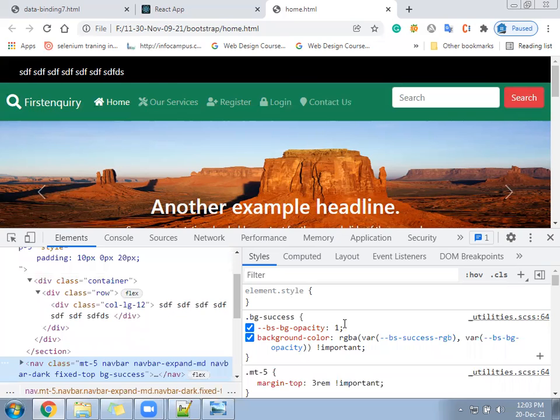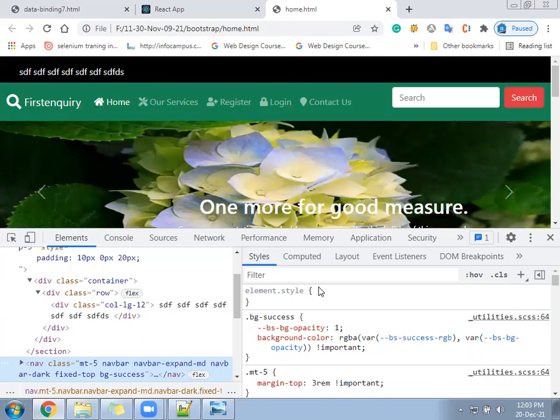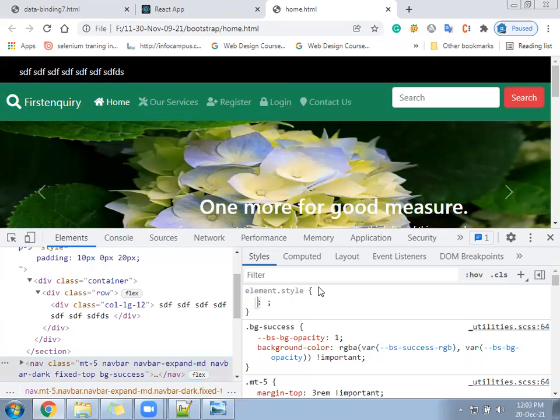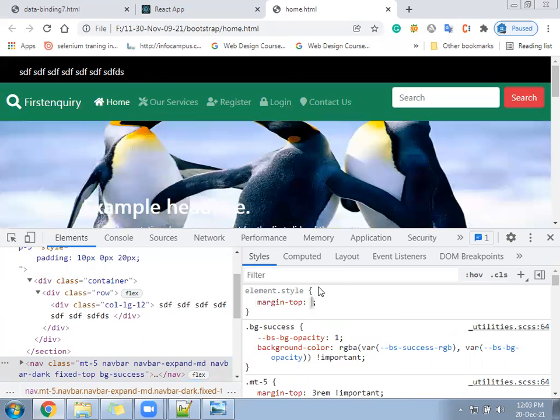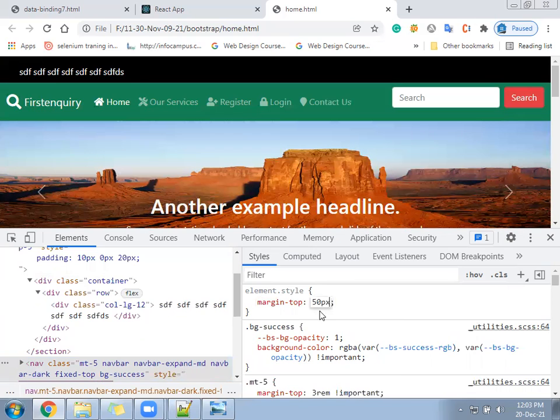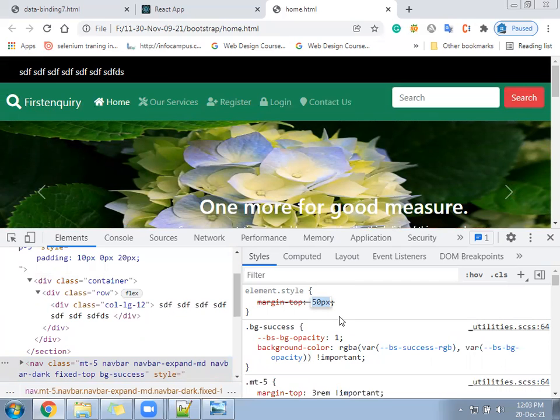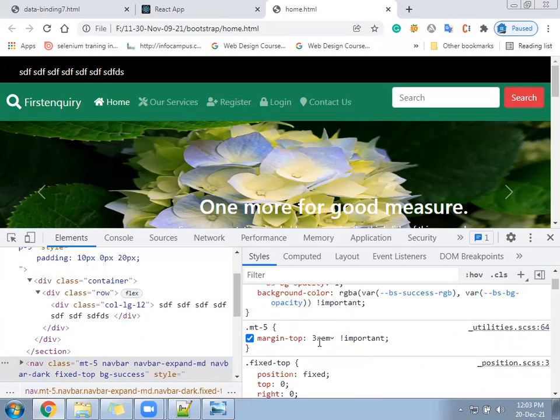Okay, so in this case mt-6 we don't have, right? Margin-top 50px, not reflected. Okay, mt-48.